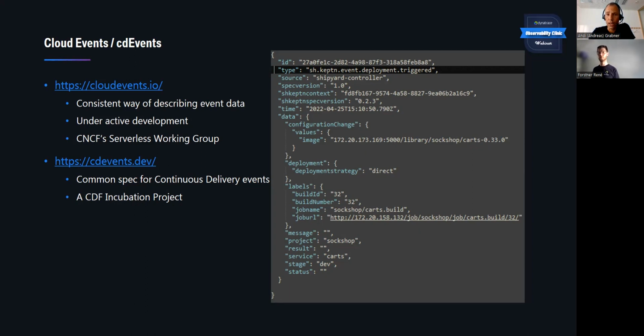And with us, I mean Dynatrace, donating the core technology of Captain, the core technology behind the orchestration, to the CNCF also allows us to be also part of some other interesting projects in the CNCF space, like cloud events, and also now more recently cdEvents. cdEvents is really a group of organizations, tool vendors that are coming together and really defining a spec for